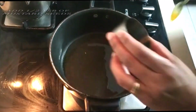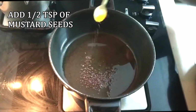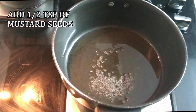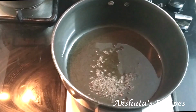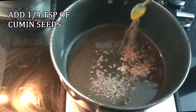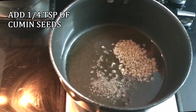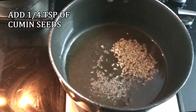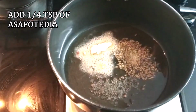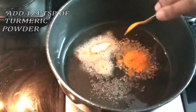Now to the hot oil, I'm going to add half a teaspoon of mustard seeds or mohri or rye. Once they begin to pop a bit, I'm going to be adding 1/4 teaspoon of cumin seeds or jeera. Next, I'm going to be adding 1/4 teaspoon of asafoetida or hinga, followed by 1/4 teaspoon of turmeric powder or